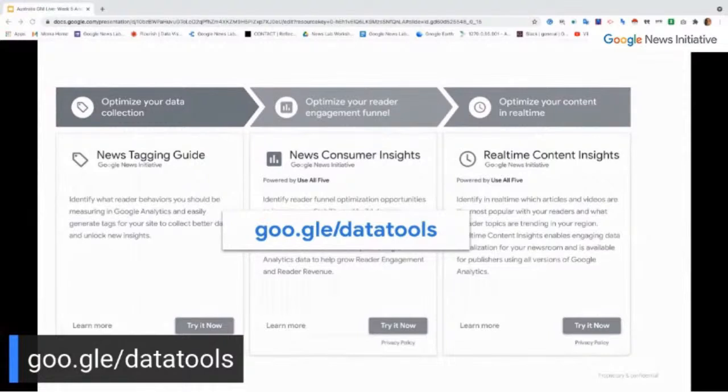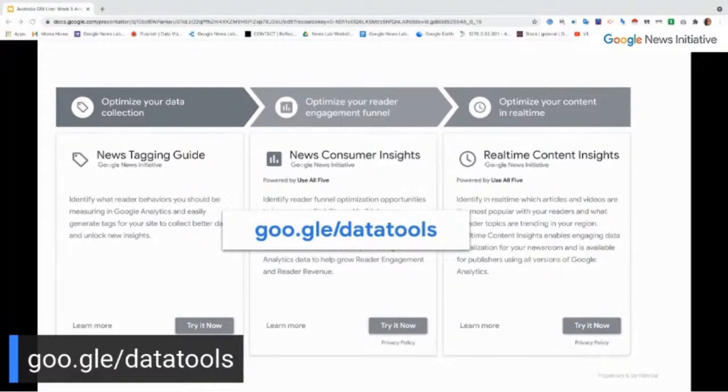Google has built a series of free analytics tools to help publishers of all scales grow reader engagement by actioning the traffic data you see on your website. I'll go into more detail with all of these, but we're going to take a look at 3 tools which will help. We're going to look at the new